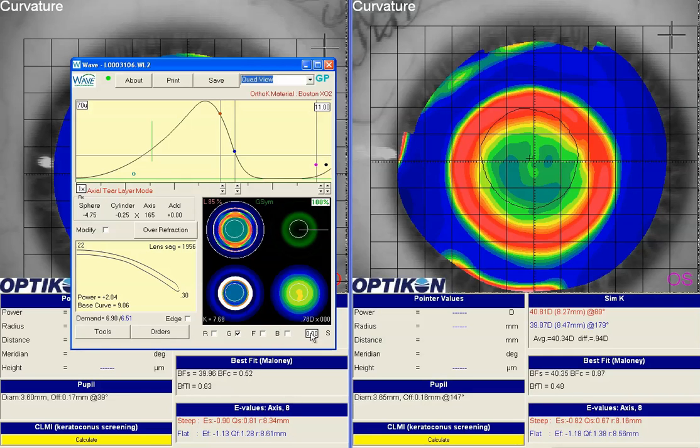and so we do that down here in the shape factor, and as a default I go to plus 20. First thing we want to do though is make note of our demand, which is 6.9, because once we add asphericity to the lens, it's going to change our demand. It's also going to change our power. We can't really rely on power anymore because of an aspheric lens. The average power over the central, however many millimeters of lens, is going to be weird. So we have to go by total demand,